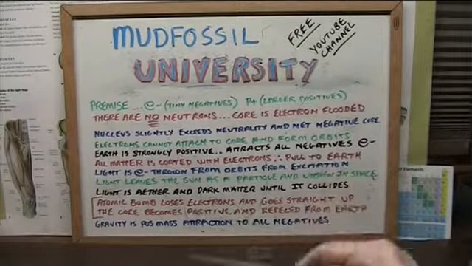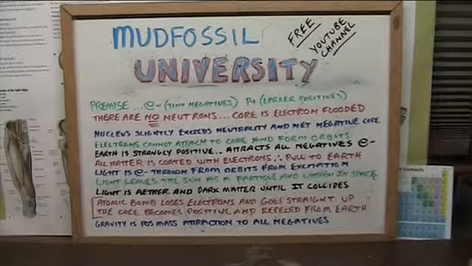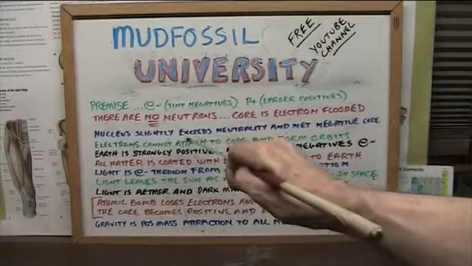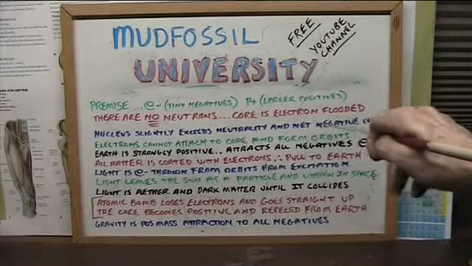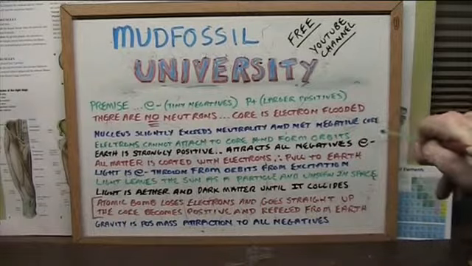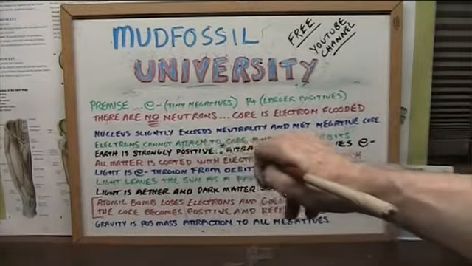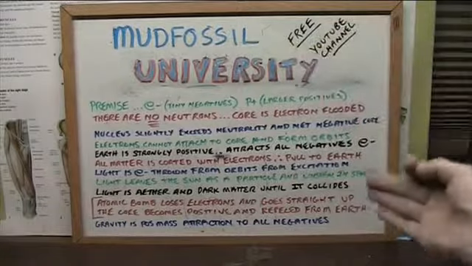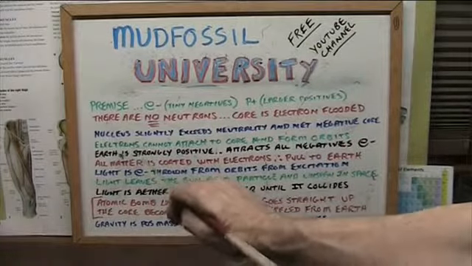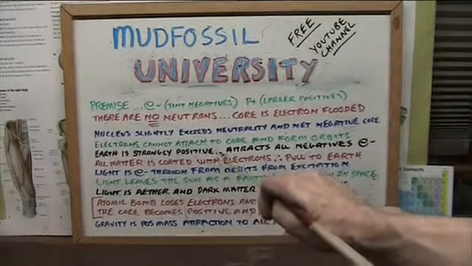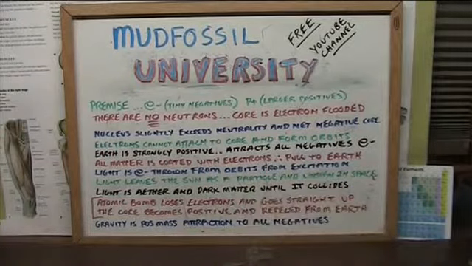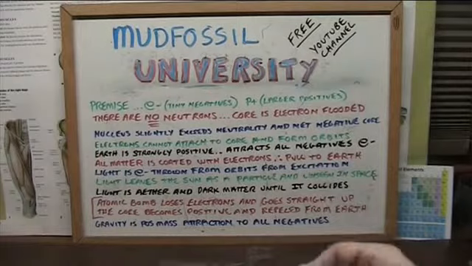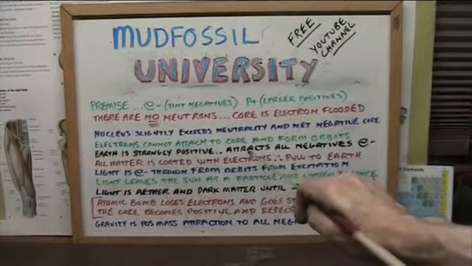Now I'm going to run through this real quick and I'll explain each one of them. The nucleuses will always slightly exceed neutrality, and all incoming negatives are kept away by a net negative core. Electrons cannot attach to that core, and they form their orbits, just like we saw with the magnets. Earth is strongly positive. All electrons flow to Earth. All static goes to Earth. All electricity will be grounded to Earth. Electrons are attracted to Earth.